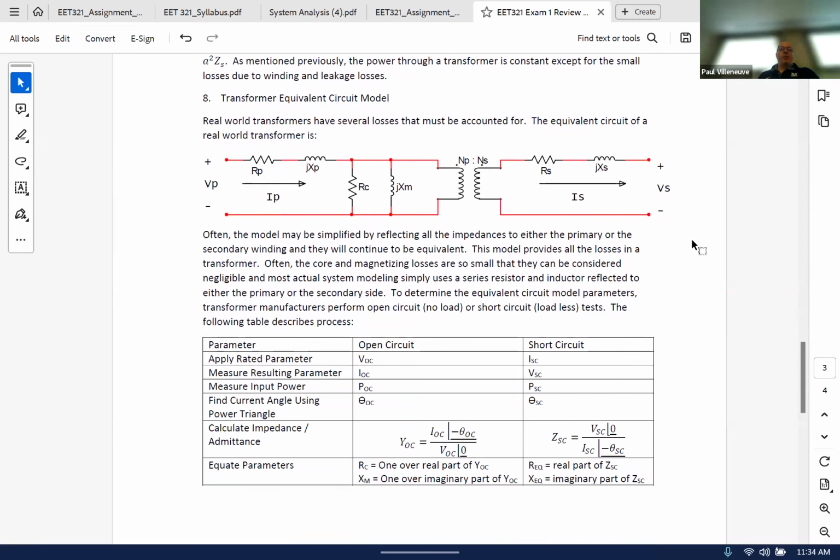So in that case, we were assuming everything was ideal and perfect. No losses, no leakages, none of that stuff, no magnetizing. In reality, we have losses. Not huge losses, but losses nonetheless that we need to consider. And in some ways, that's a good thing, because if you continue on in the power systems world, transformers actually help you quite a bit to knock down fault currents. So you take advantage of them so that your fault current,